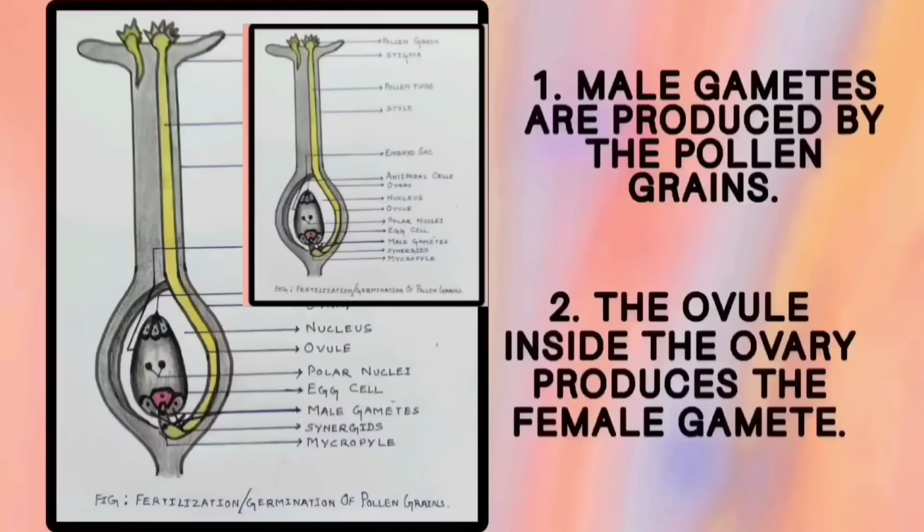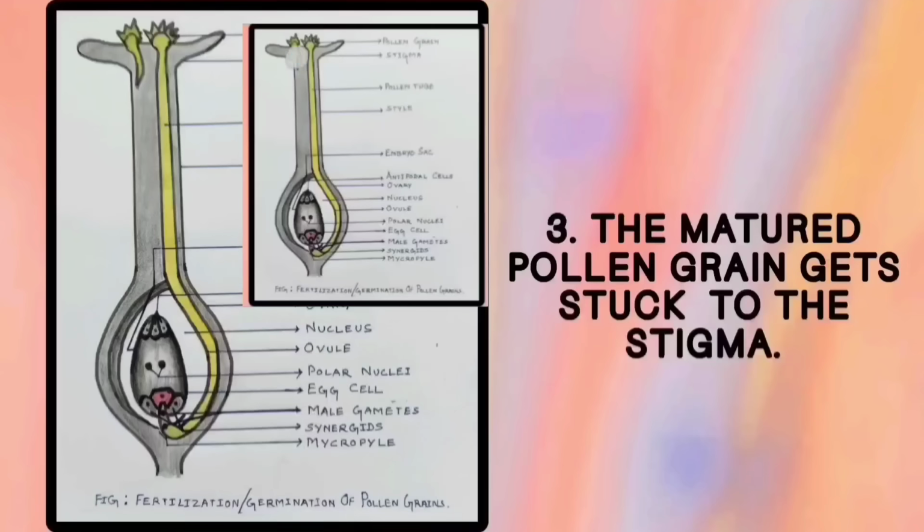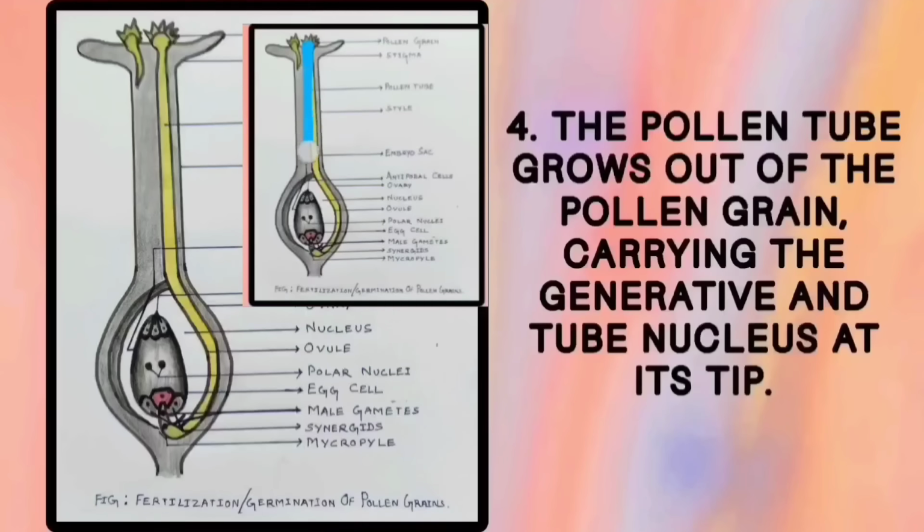So the first step is that the male gametes are produced by the pollen grains. In the second step, the ovule inside the ovary produces the female gamete. In the third step, the matured pollen grain gets stuck to the stigma. In the fourth step, the pollen tube grows out of the pollen grain carrying the generative and the tube nucleus